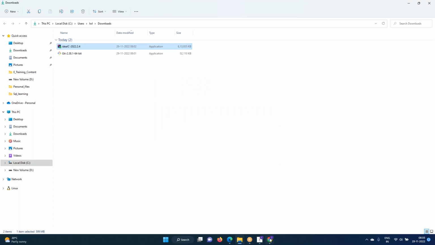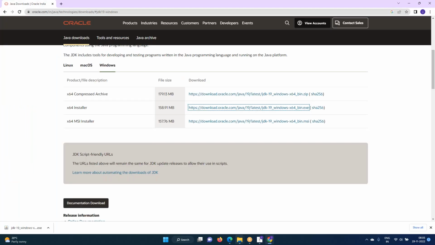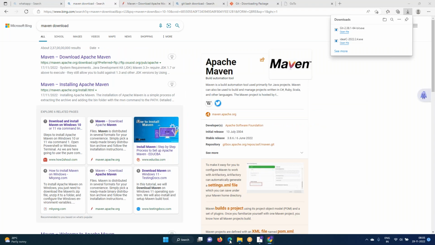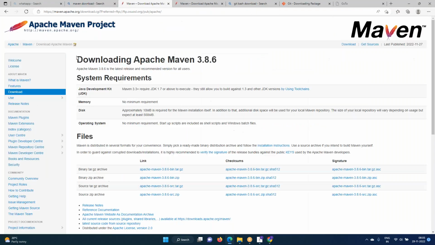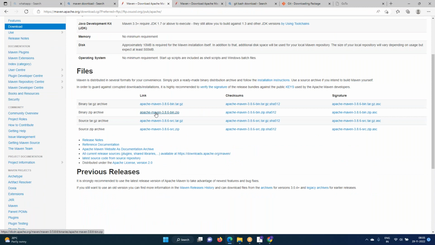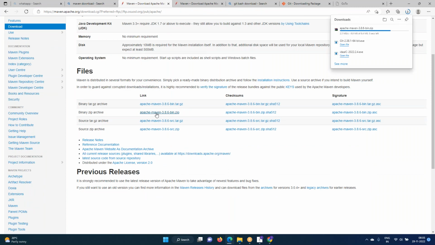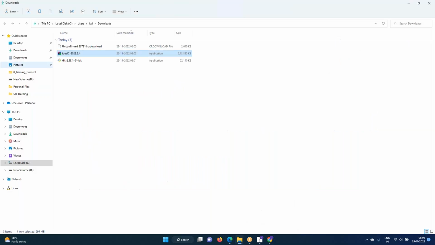Okay. Next one is the Maven download. Now I'm going to download Apache Maven. It's a simple thing, you just click on Maven. This is a zip file. We are going to download that here. This is a very simple file. It is 8.4 MB. Now what you will do here is, once Maven is downloaded,